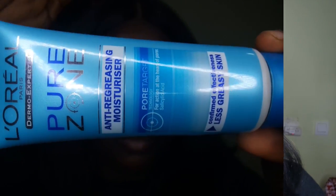Going in to moisturize my face using the L'Oreal Pure Zone Anti-Regreasing Moisturizer. This stuff is good for very oily skin. It would moisturize without putting too much oil. And now I'm going in to prime my